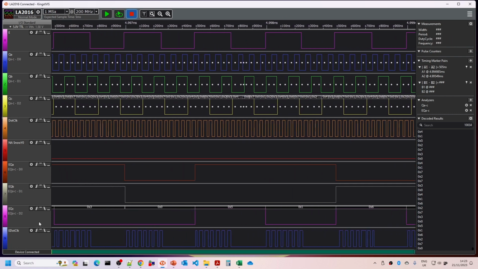What we can see here is that our dot clock signal is being gated by the value up here. If we were to add markers there and there, we can see down here that the clock signal is being controlled by that, and this clock signal is needed to feed into the other PLD, because it's going to need to keep account of these dot clock cycles and wants to start counting from when the E signal goes from 0 to 1.